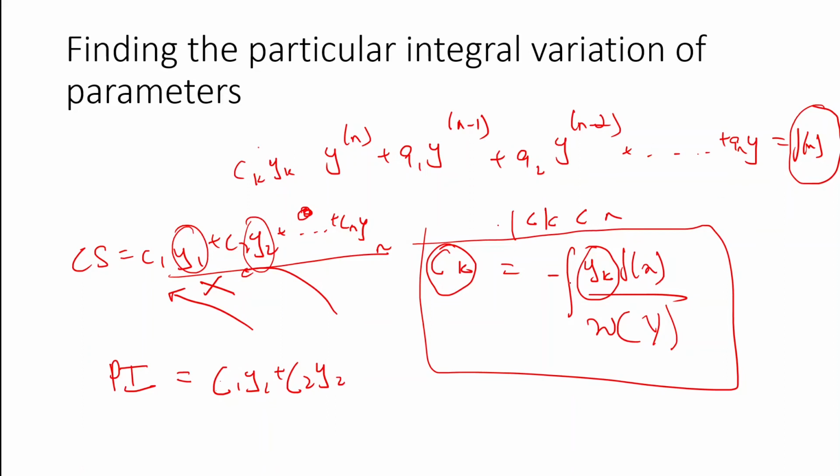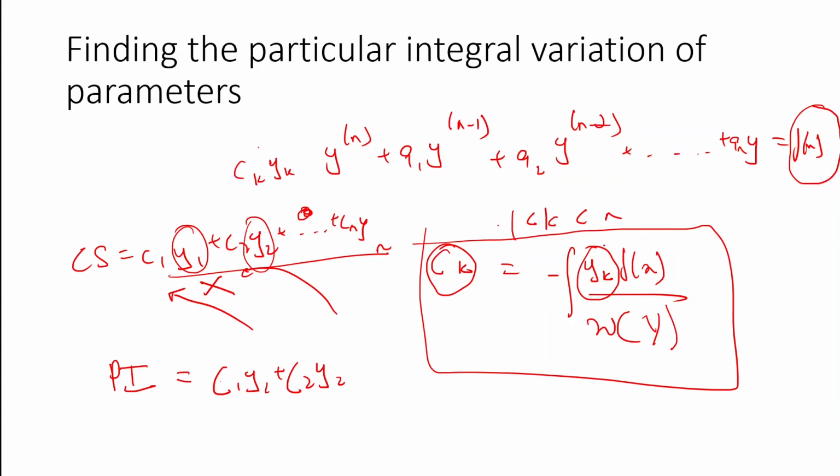So we can see that if this f of x were 0 and the Wronskian is something, then the final answer is 0 and the Ck does not exist itself. So the particular integral becomes 0. So easily we know now why non-homogeneous is merely a generalization of homogeneous. For homogeneous we don't care about the particular integral because it becomes 0. But if f of x is not equal to 0, then the particular integral has to be found using variation of parameters. It's a very simple procedure.